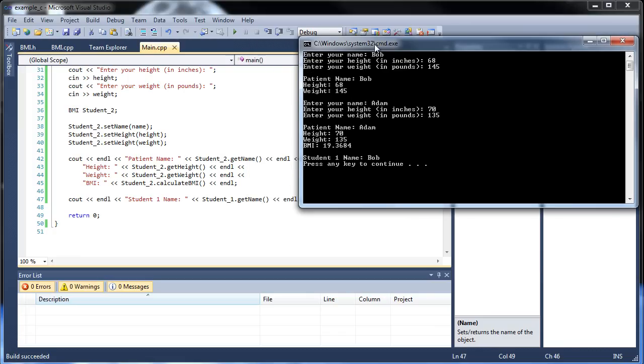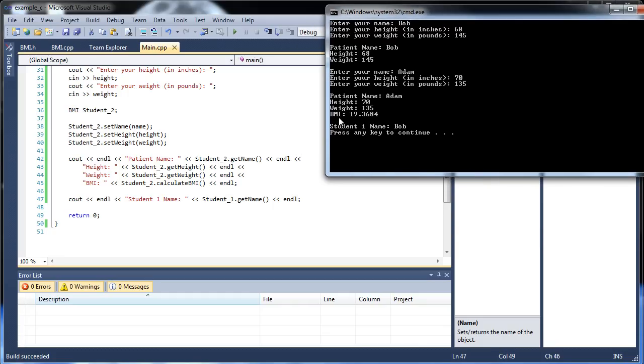So this is what I want to show you. Okay, so now I typed in Adam 70, 135, and it all worked. Notice how the BMI worked. I'm actually a little bit above the line for underweight, so yay! I'm not too slim. I'm really young too. I still have a high metabolism, and it doesn't matter how much I eat. So I'll gain weight when I'm older. I don't know. But this is what I really wanted to show you, was not the BMI function working, but